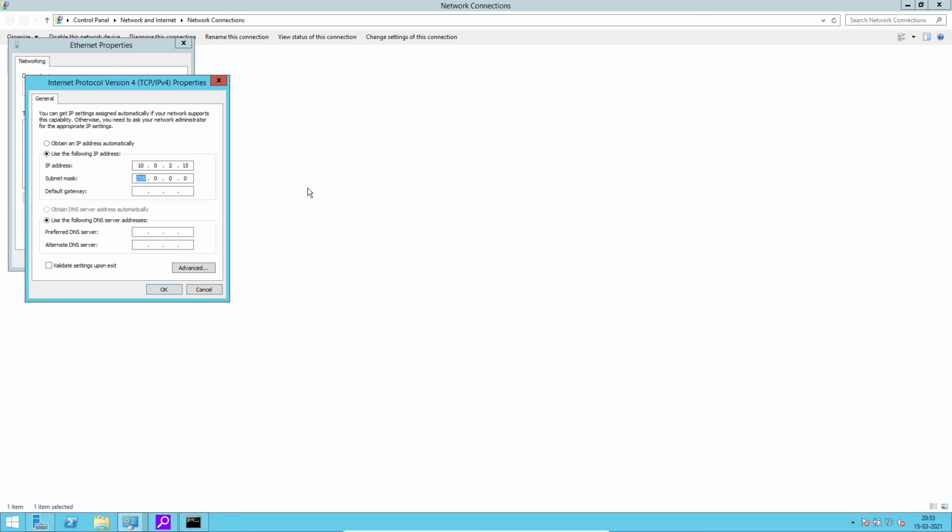Why it has taken that subnet mask? Because the IP address given is of class A. Suppose your IP address is, you will not get the same IP what I am getting. You may get different IP. Suppose you get class C, then automatically here it will be 255.255.255.0. Suppose it is class B, then you will get 255.255.0.0.